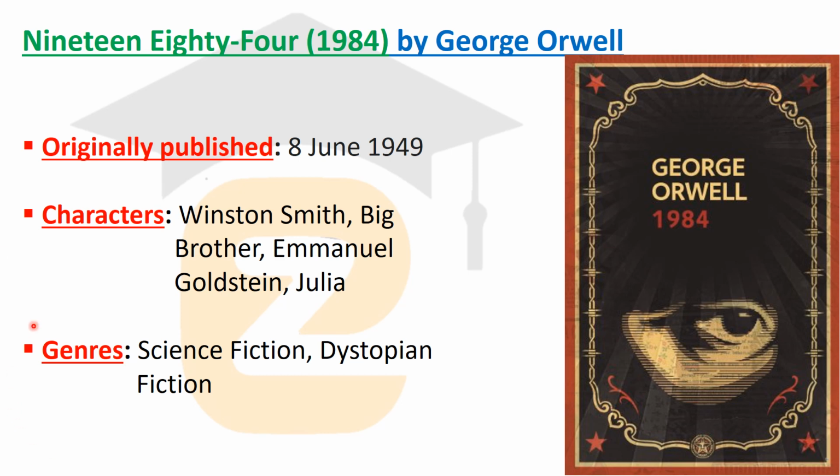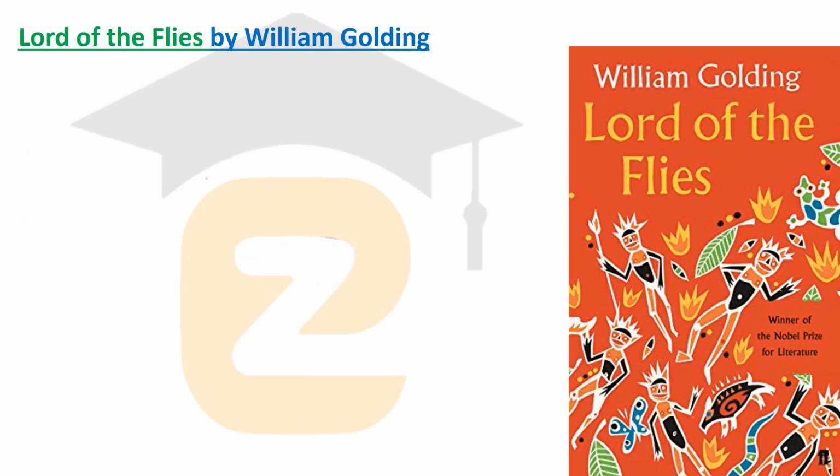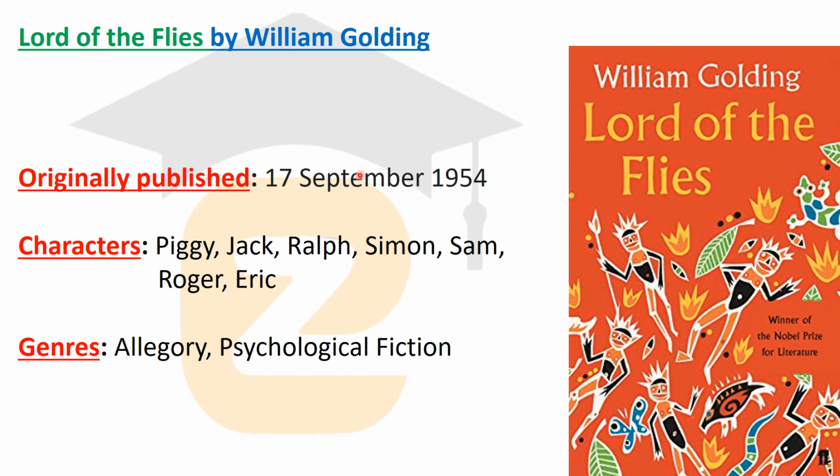Next we have the Lord of the Flies, another important novel of English literature written by William Golding, and this is the picture of the front cover page of the Lord of the Flies novel by William Golding, and this was originally published on 17th September 1954. The characters we have are Piggy, Jack, Ralph, Simon, Sam, Roger, and Eric. These are the important characters, and the genre of this novel is allegorical fiction and psychological fiction. And this is the story of a group of British boys who are stranded on the